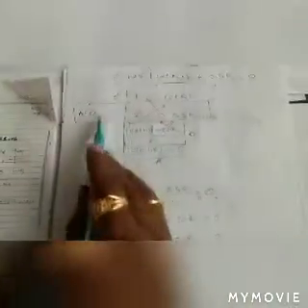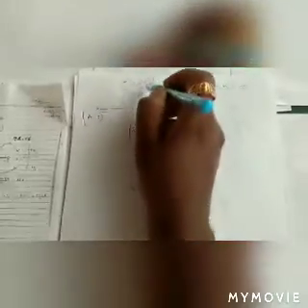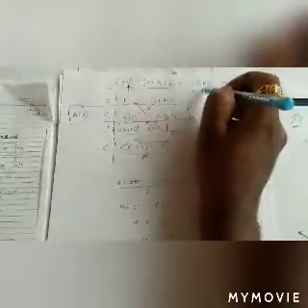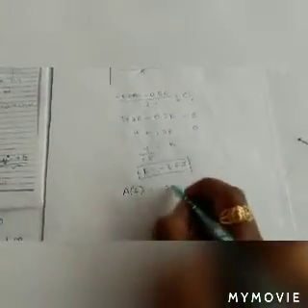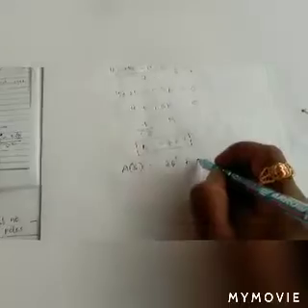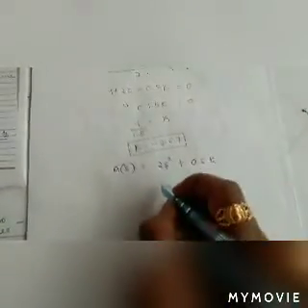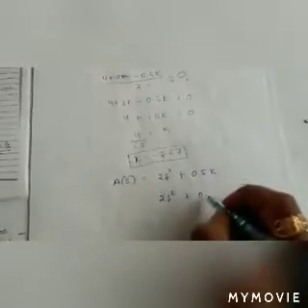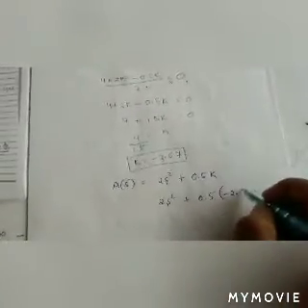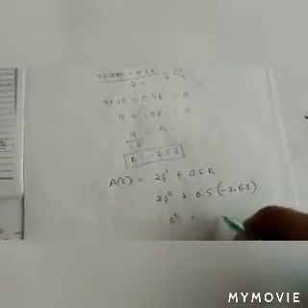You can see here A of s is equal to 2s square plus 0.5k, this term and this term. So I will write it here, A of s is equal to 2s square plus 0.5k, 2s square plus 0.5 into minus 2.67. So s square is equal to